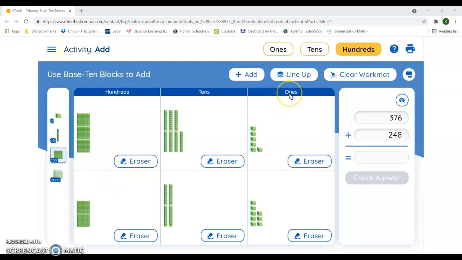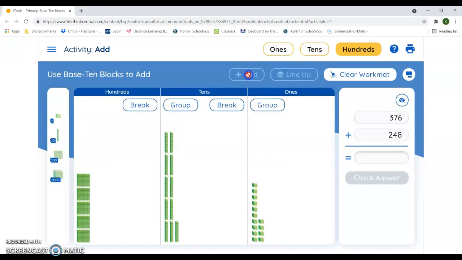So I'm always going to start in the ones column, and I'm going to go ahead and add these, okay? So I added the two numbers together. They put the hundreds together, the tens together, and the ones together. And then I'm going to group the ones in a group of 10, and it's going to turn it into